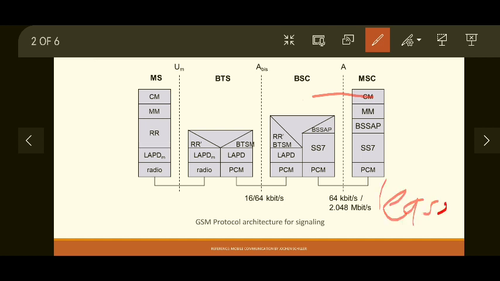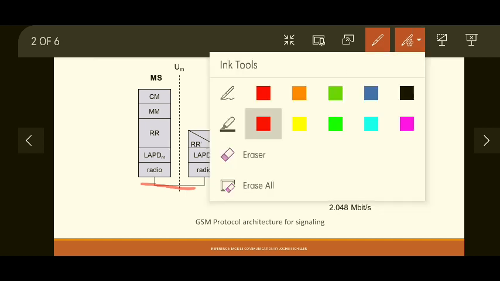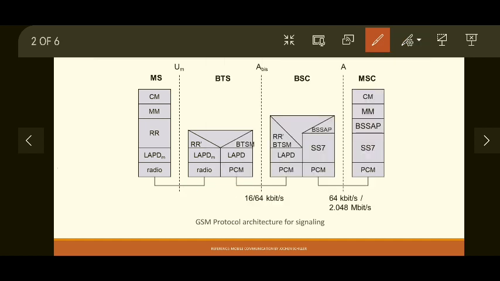We know different forms of physical media: leased lines, coaxial cables, twisted pair cables and so on. Different lines have different data rates. For higher data rates between base station and mobile switching center, leased lines are used, and it supports data rate up to 2.048 Mbps. Okay, these can be simple twisted pair cables or coaxial cables, and this is wireless. Okay, so this is all about the first layer, that is the bottommost layer, physical layer.